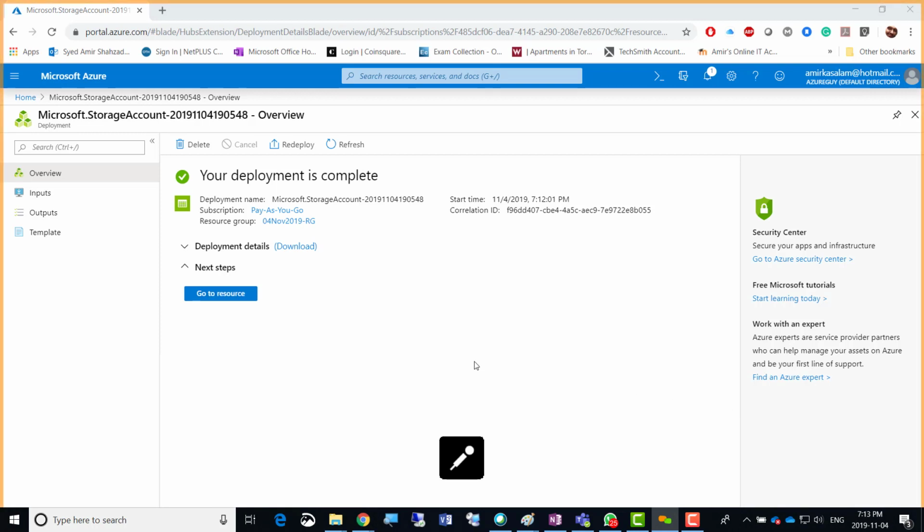Zooming. Okay, so there was that disturbance with the kid. Okay, so